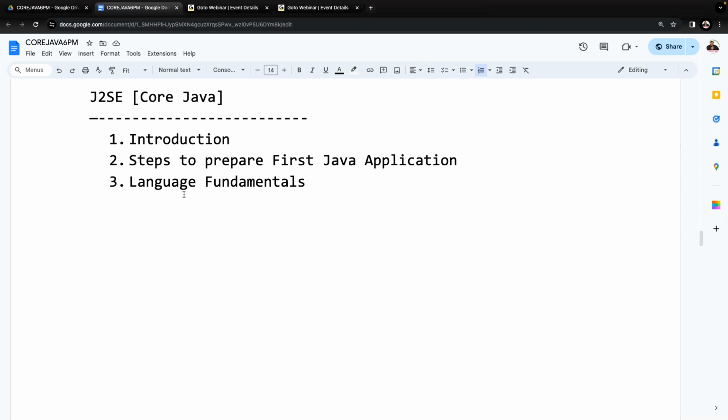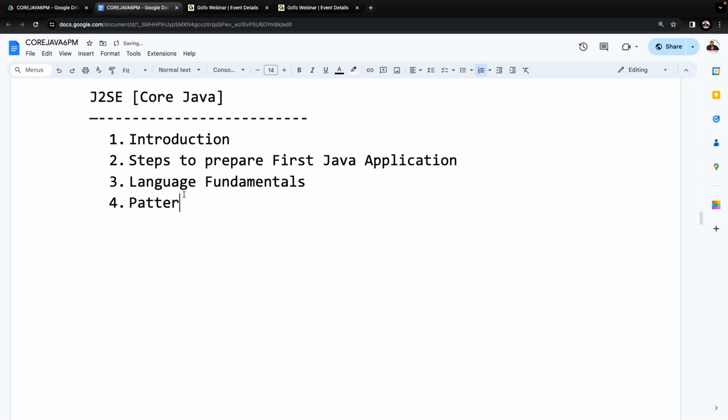Sir, are all of you getting it or not? So these many concepts we are going to understand as part of language fundamentals. Definitely we need this language fundamentals topic. There we are going to understand building blocks, the total logic development, all the concepts. That's it. Then after completion of these language fundamentals, next we are going to understand